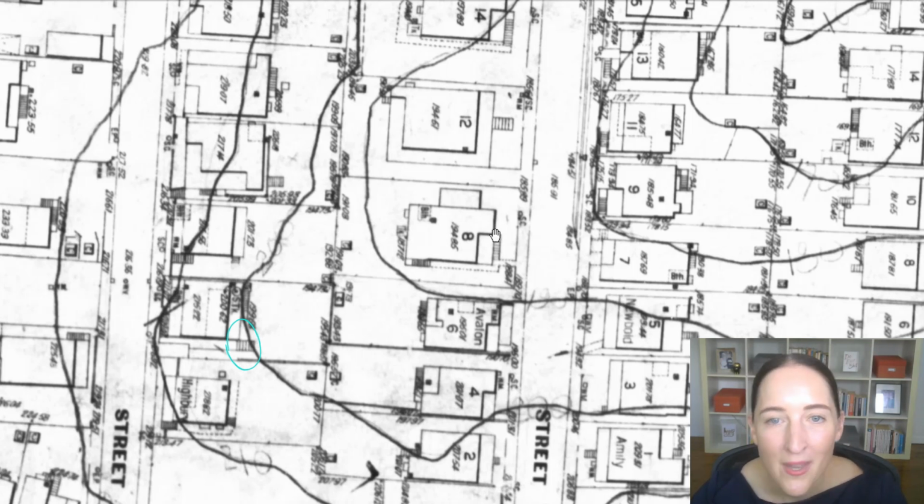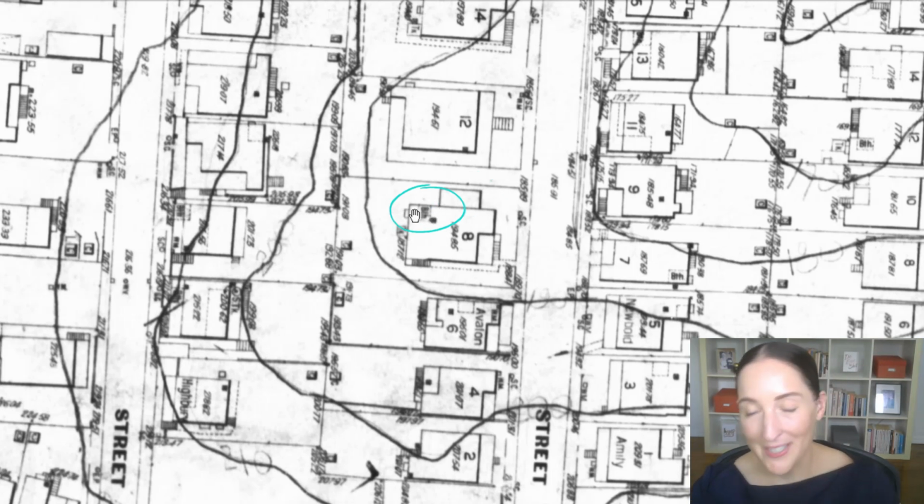You get the idea. Now these solid outlines, they represent open verandas. Solid outline here, carport. Dashed lines,